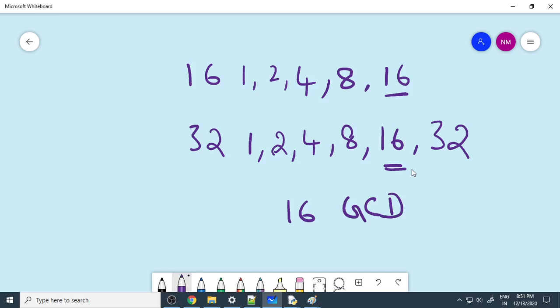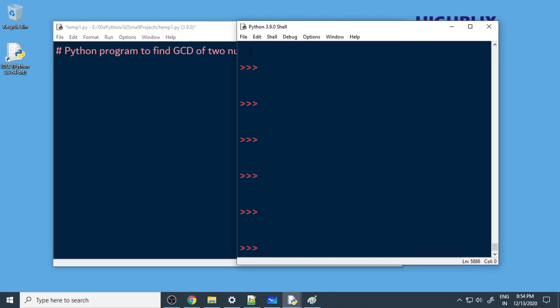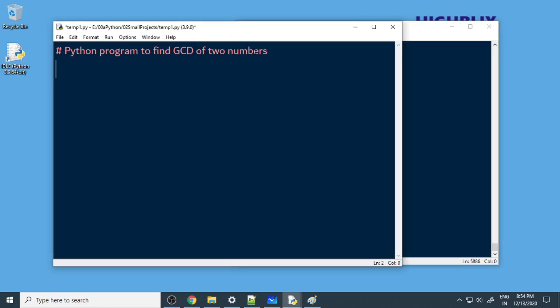Fine. So let's write the program for the same, and let's check how to write the program in Python to find out the GCD for two numbers or three numbers. Okay. So let us start Python, go to the file menu and select new file. So here is a new file, Python program to find GCD of two numbers. Right. So first we'll take num1. Let us read this from the user.